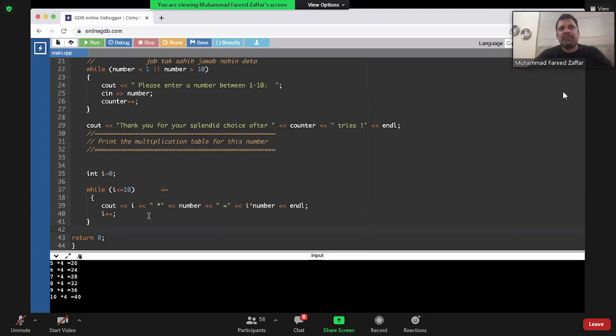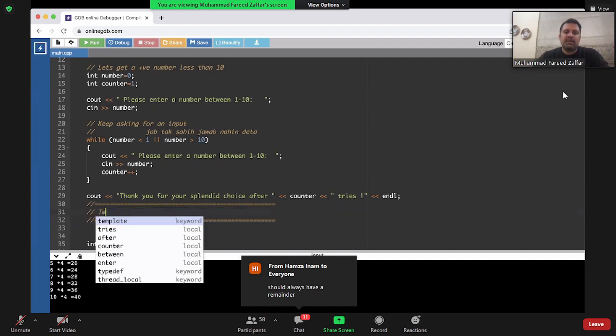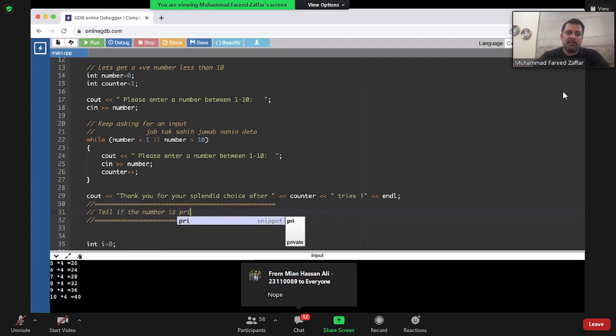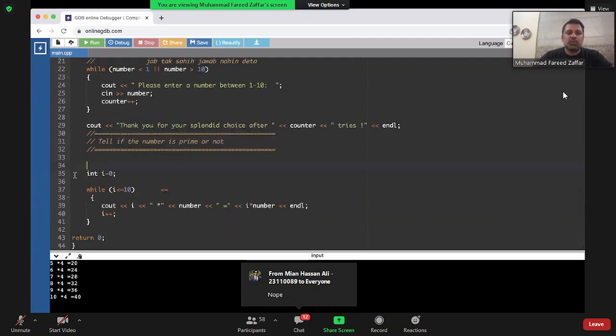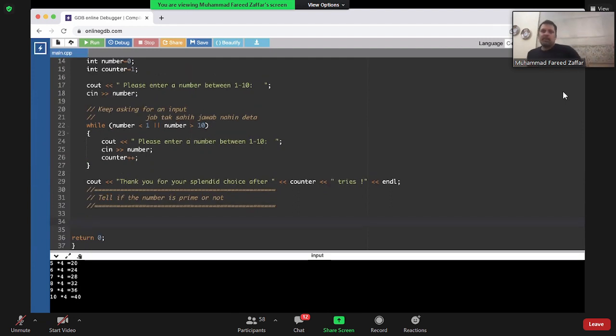What are the properties of a prime number? Let's say we have a number that's less than 10. ये हमारा ऊपर वाला part जो है ये वही है. Please enter a number between 1 and 10. Yes, Isha, you're right. So essentially हम ये कह रहे हैं कि tell if the number is prime. So what would be the pseudocode for finding out if a number is prime or not? Can someone tell me? So ये भी ईशा ने जो लिखा है जी,